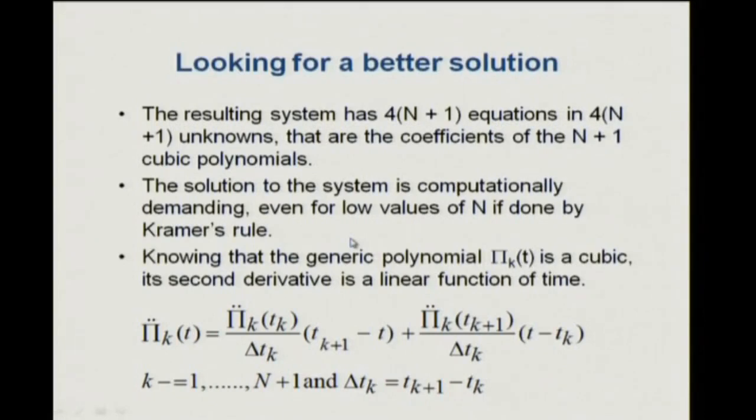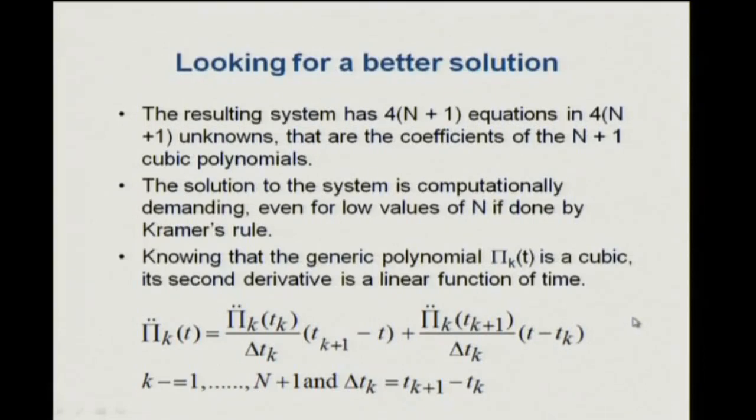And so there are lots of problems with it, and it is very sensitive, numerically it is unstable, trying to generate so many coefficients together. Now, what we will do is look for a better solution than inverting this very large matrix. Okay. So what we do is that if you know that the polynomial is a cubic, then its second